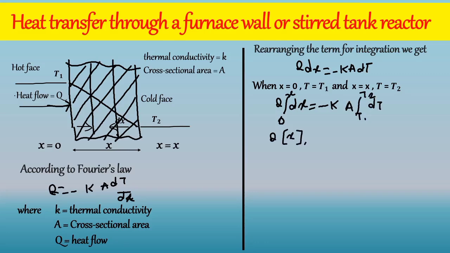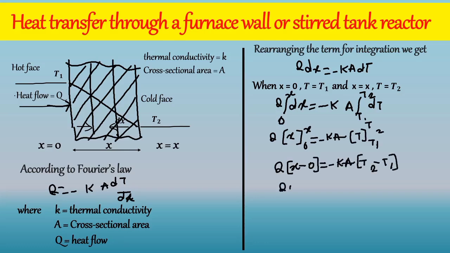After applying the limits, we get the heat flow equation for plane wall as Q is equal to K A (T1 minus T2) divided by